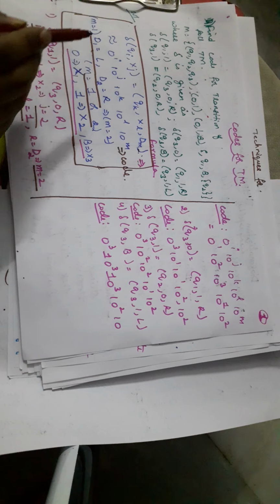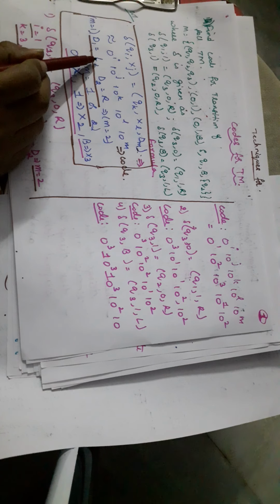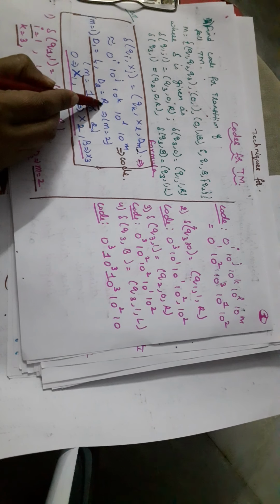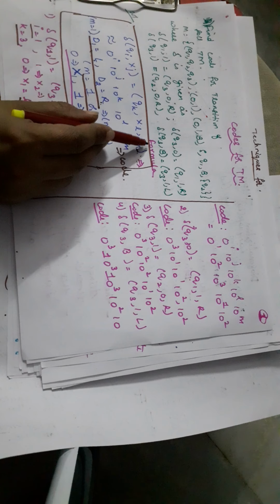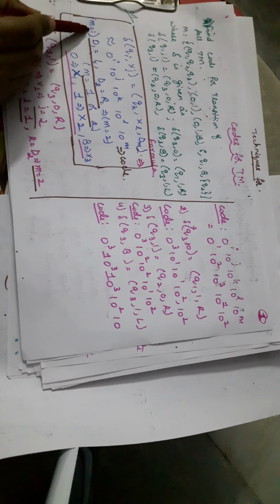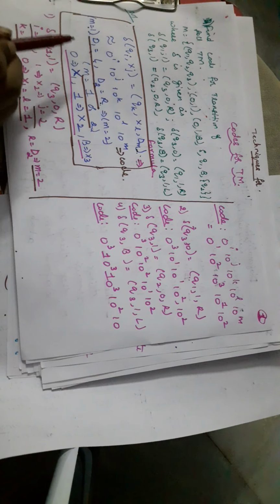Here the directions are L and R. So under Dm we get 2 directions, left and right, and the blank symbol B will come under the X value. B does not come under Dm. So D1 is L or R. If L is given, we write L equal to D1, that means M equal to 1. And if R is given, R equal to D2, that means M is equal to 2. This suffix M represents this 2.